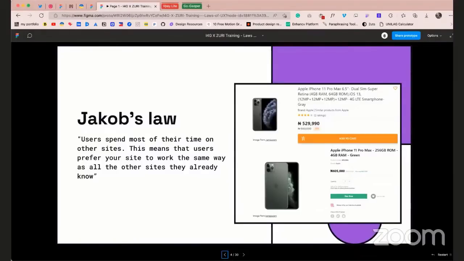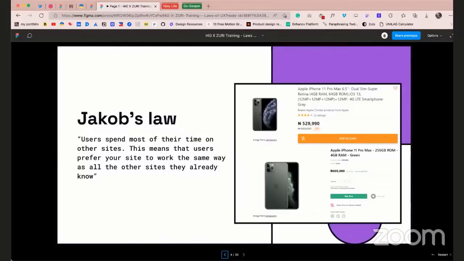And if you want to reinvent the wheel, right? Maybe you want to be very creative, make sure you test. Make sure you do a bit of user testing before pushing your products to the public, right? So when you're doing the user testing, make sure that you monitor how users are using your product. If you see that the thing that you have reinvented makes the user not accomplish their goal, please remove it, because the main purpose of you creating that product is for people to accomplish their goal. So if whatever you reinvented or whatever extreme creativity that you have has made the user not accomplish their goal,